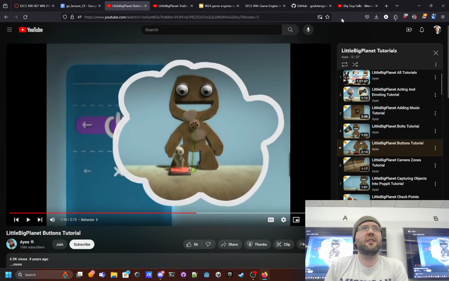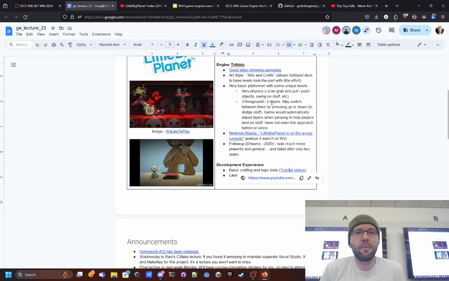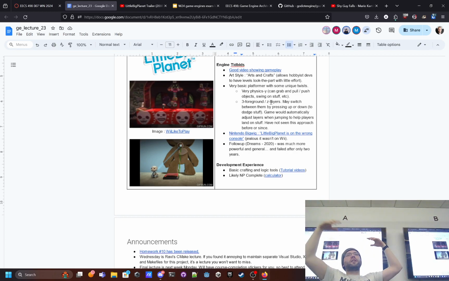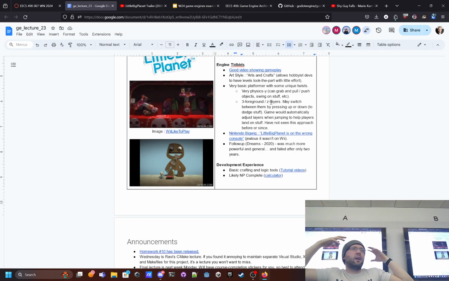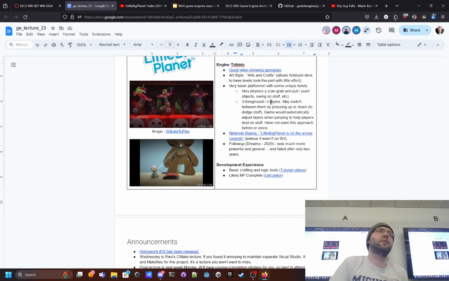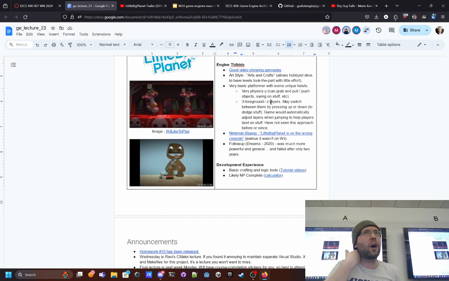Anyway, yeah, this is a very British game made by a very British team. Media Molecule over in England made this. And in general, they make very unique games. Their latest project was a game that kind of is a successor to Little Big Planet, a game called Dreams, which has a lot more flexibility. It can handle more genres. It has a lot more power